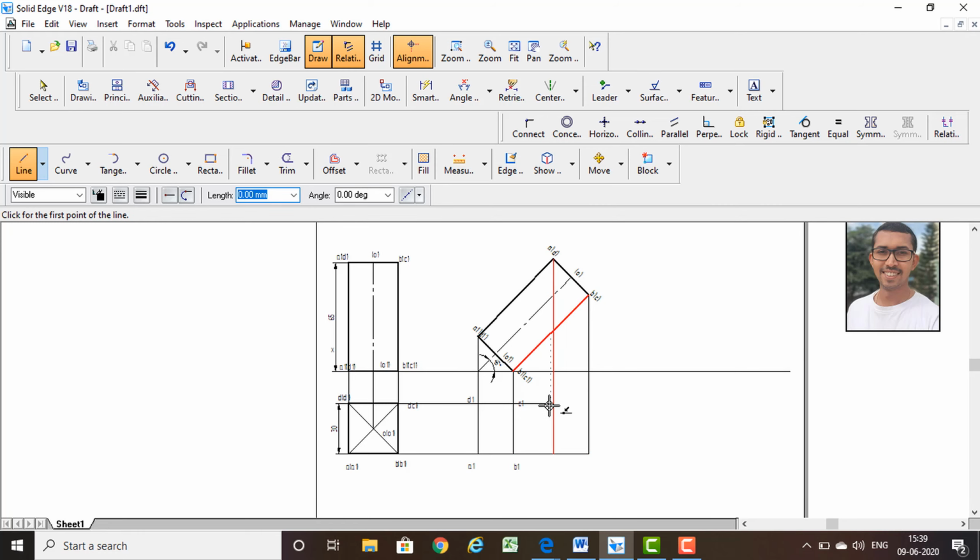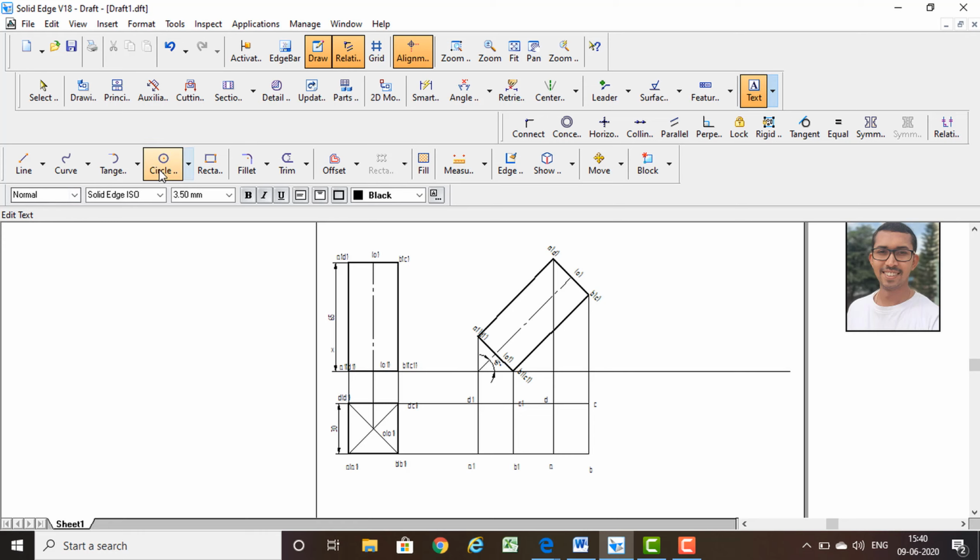B, and finally this one is C1. Okay, now once again I am going to take the text command. So this one is A, B, C, and this one is D. Okay, so got this one.